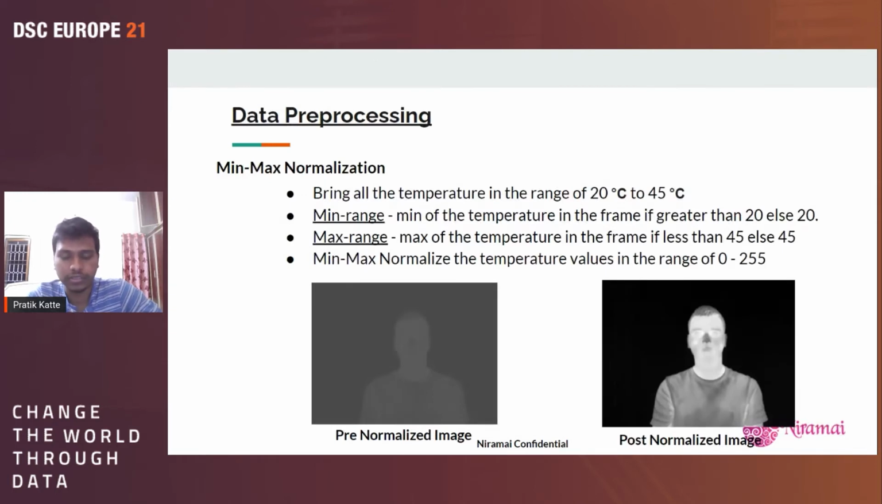For the data pre-processing step, we used a very simple normalization process, but with a little bit of a tweak. From the image we get temperature data, and we do a normalization with the range of 20 degrees Celsius to 45 degrees Celsius. Any temperature below 20 degrees Celsius, we push to 20, and whatever temperature we get above 45 degrees Celsius, we bring to 45, and scale it into the range of 0 to 255. Because of this small process of min-max normalization, we can get, as you can see in the post-normalized image,